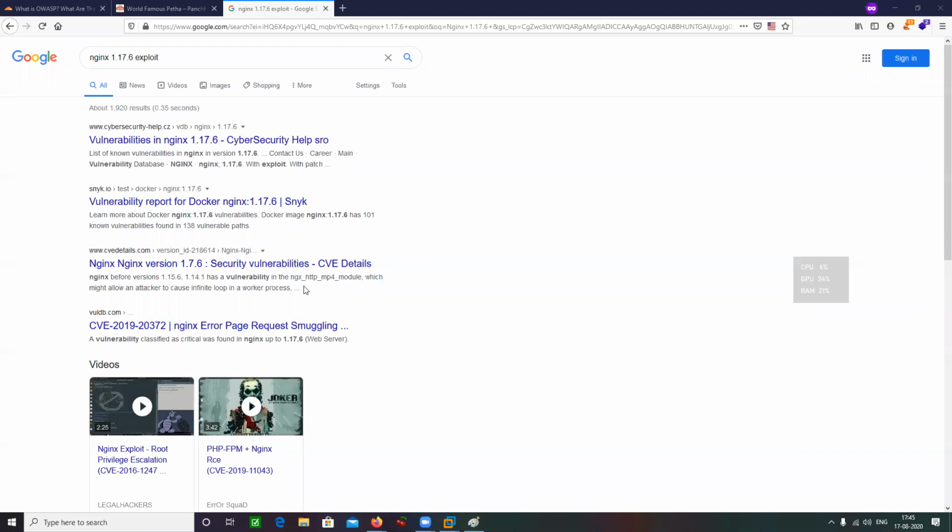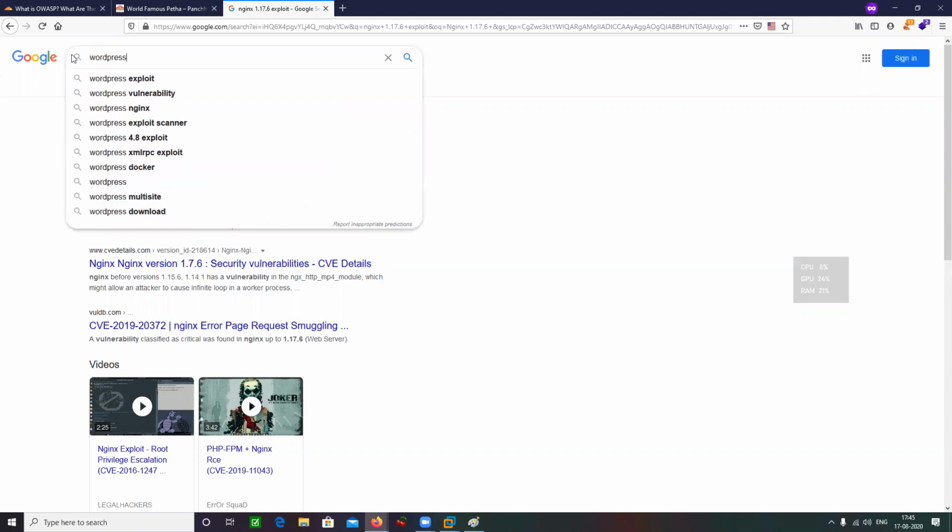Yeah, you are saying that if they are using a downgraded version, how can we find whether there are any vulnerabilities, or any vulnerabilities found in a previous version? By simply searching here. There is no other option. Like if you are going for, let's say, WordPress. Let's just search for the latest version.